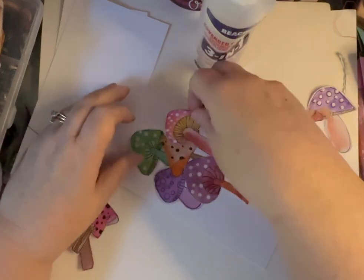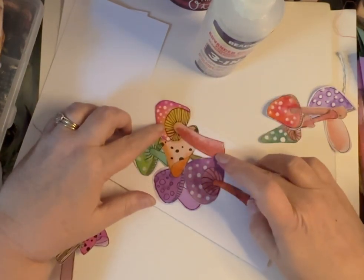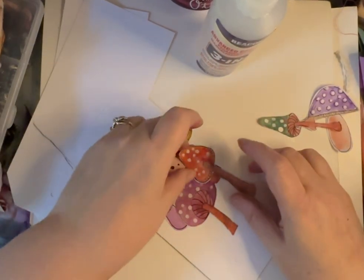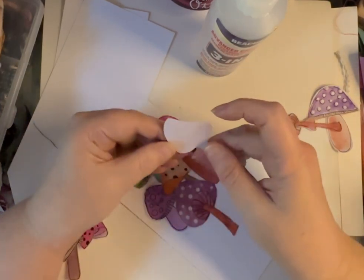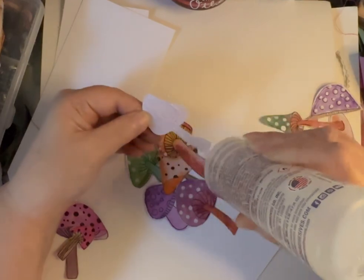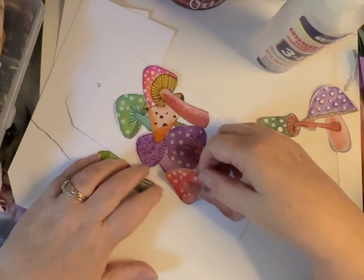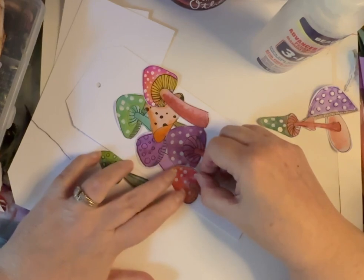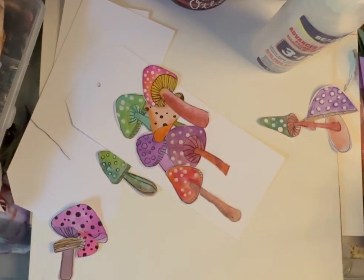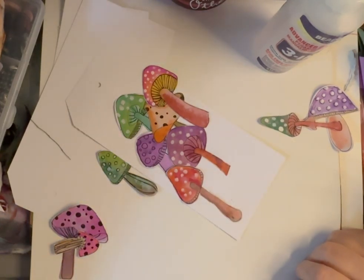I'm just basically creating a little mushroom garden here with all these different sizes and styles, so that this can be an example of how you can use even things that you doodle and cut out for a tag or a journal piece. Okay, I think that looks quite nice. So let me see what other...